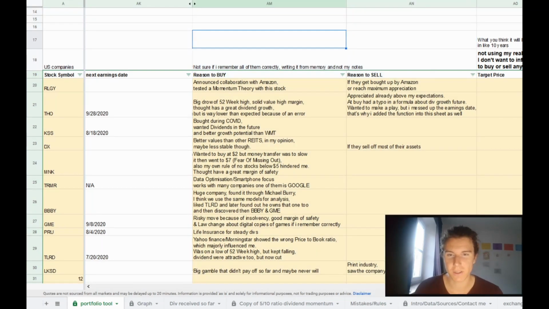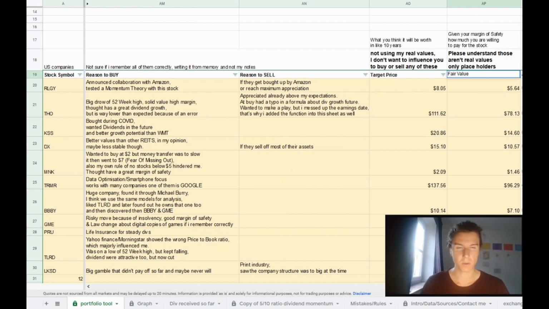And first of all, the reason why you bought a stock. I'm not sure about all of them and I didn't want to pull out my notes, but those were about the reasons why I bought different stocks and when I will sell them or I intend to sell them. You can read through them, but these fields are just filled out approximately because I don't want to influence you too much with my ideas and I want you to make your own educated assumptions. And the next step would be